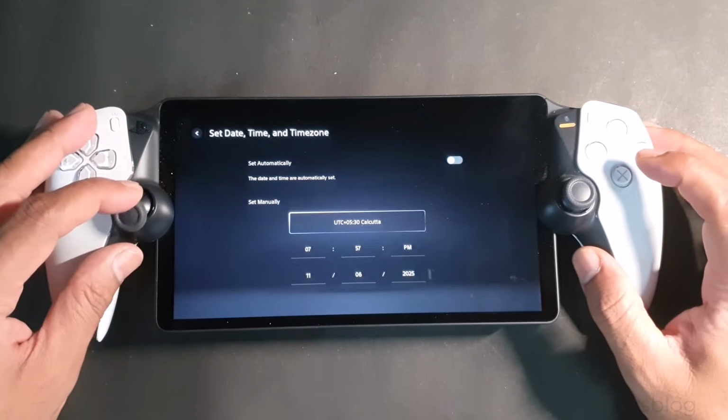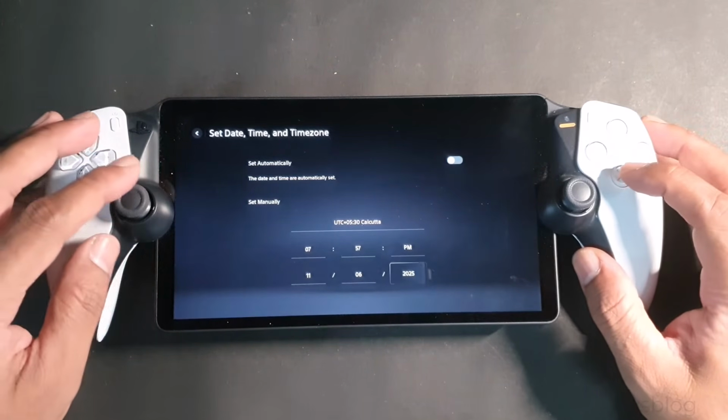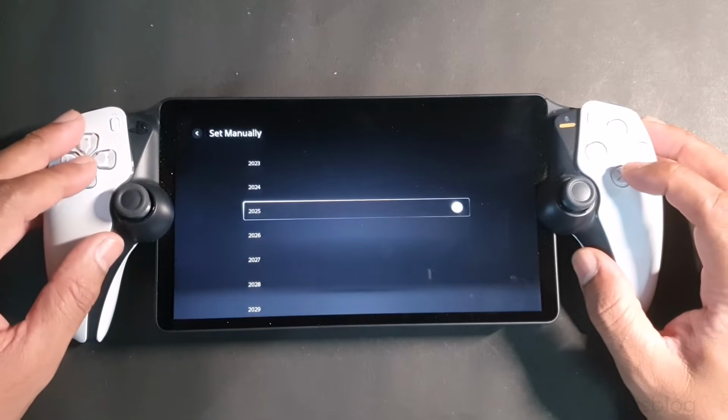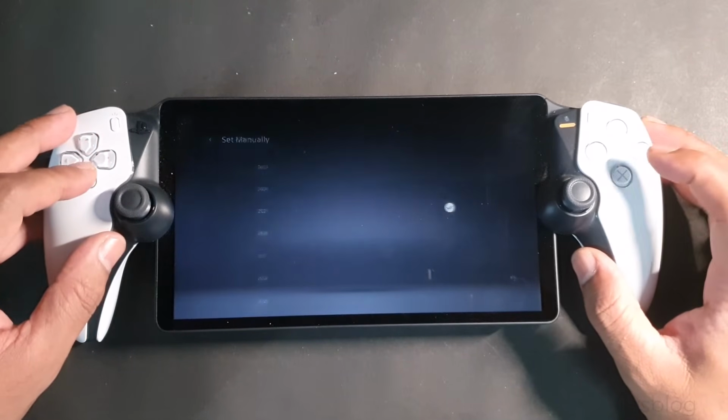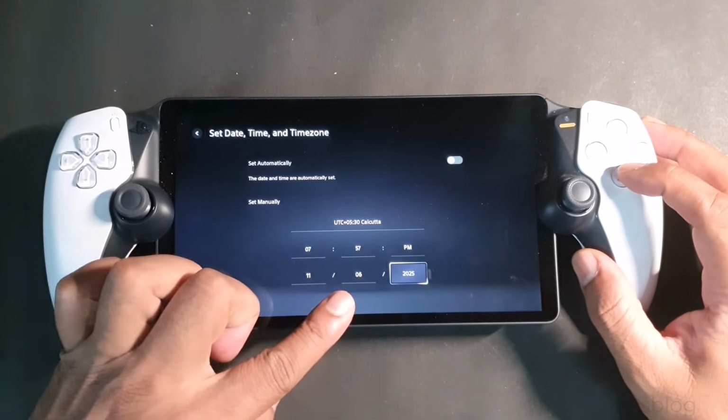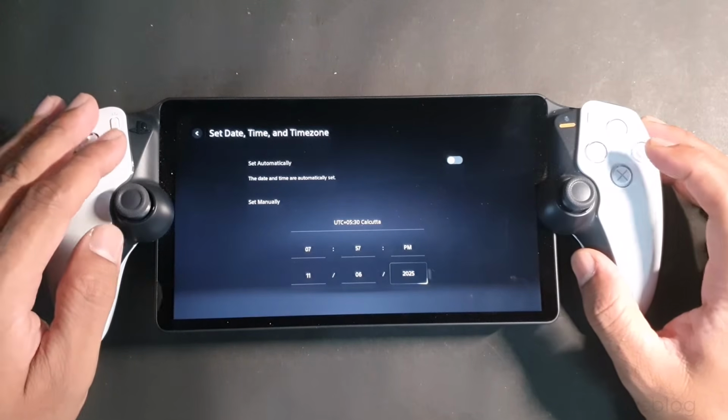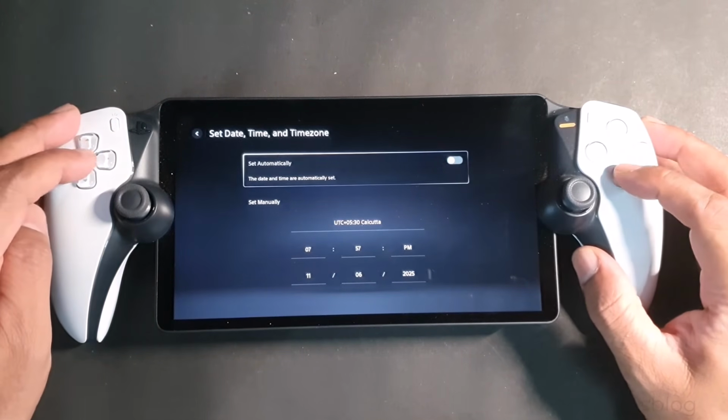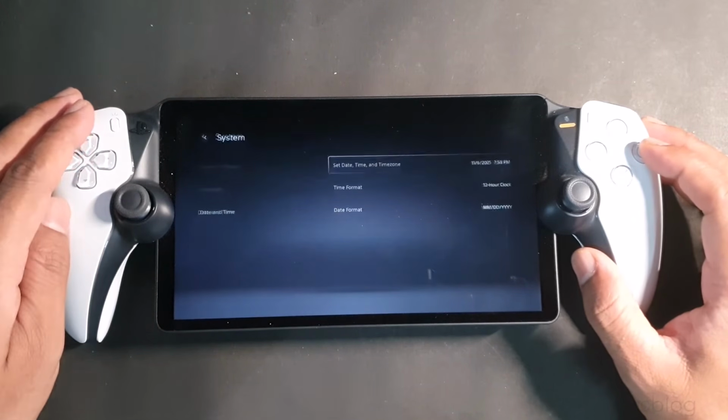And if it is turned off, you can manually change the date and time. So before it was 2024, now you can change it to 2025 and the right date and the right time. And then going back, I am also going to enable automatic. Then going back,